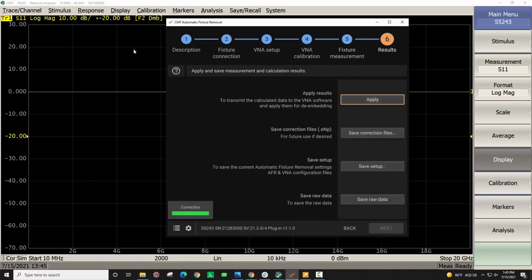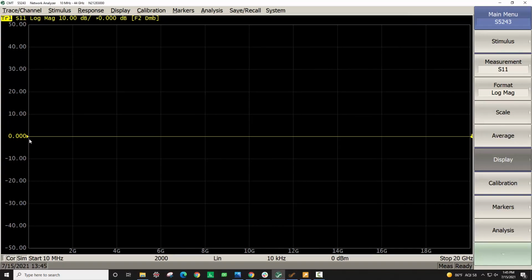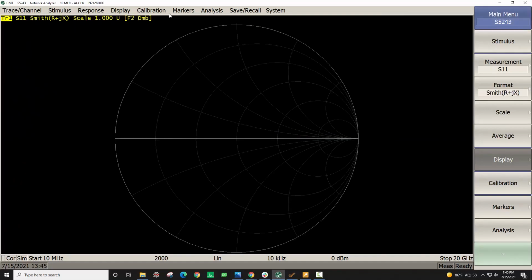Once you click on apply, again you see the de-embed applied for that one port fixture, and for S11 you see a flat 0 dB line, or in Smith you can add a marker and then you can look at a very good dot at 0 degrees. So this shows that de-embedding was performed successfully for the 1x reflect model as well.